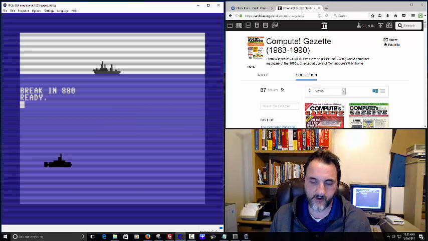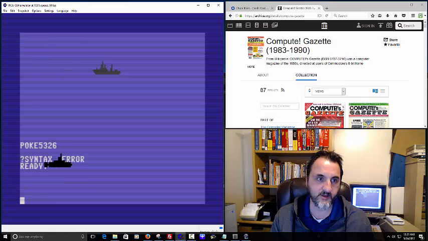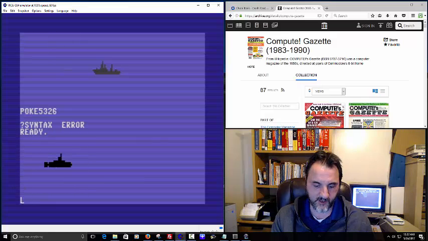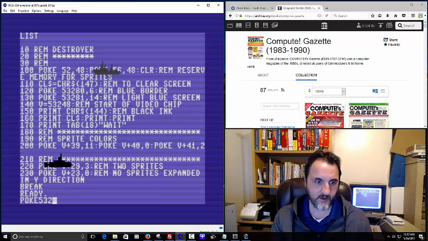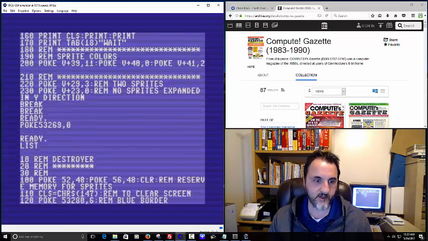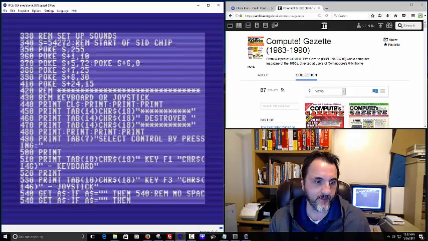Yep, so this kind of just repeats over and over again. Doesn't really give you a score or anything. It's kind of a simulation, so to speak. But it is using a raster here. I think it was. Let me see. I'm gonna check real quick. Or maybe they just drew the line on the screen. I don't know. Just double checking real quick.